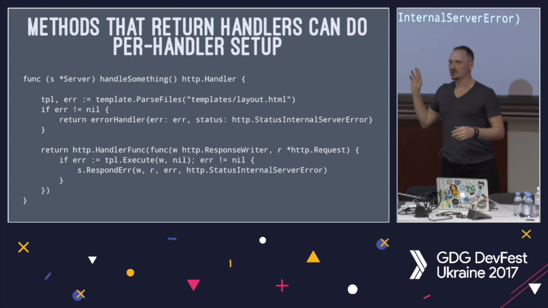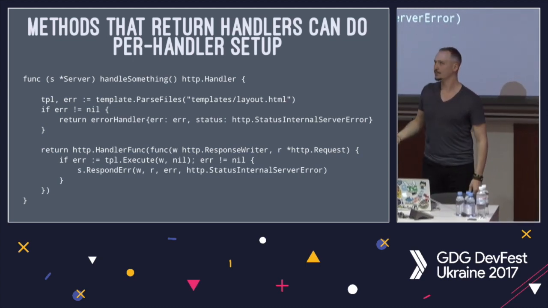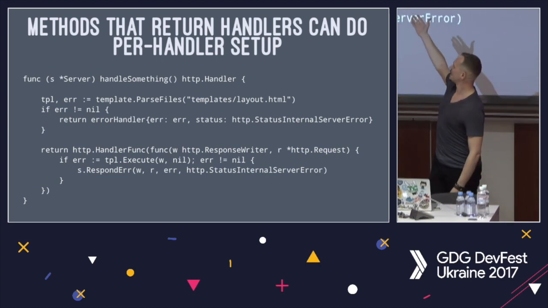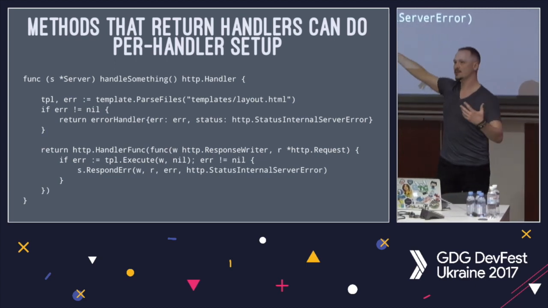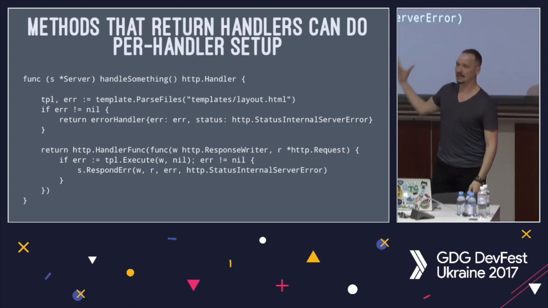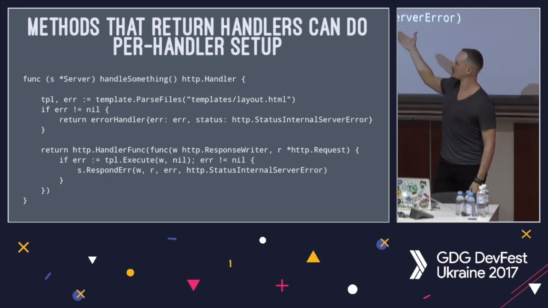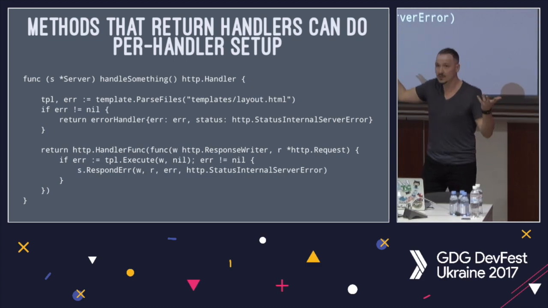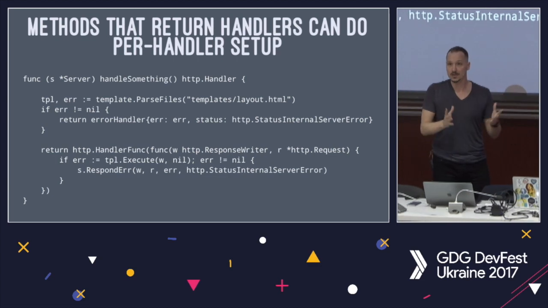This is what I always do, actually. I make it so that it's actually a function that returns a handler. And that allows you to do some kind of per handler setup. So in this case, I'm parsing some files in a template there, and then just because of closures, I can just use that template in the handler that gets returned. This is nice because everything's in one place. It's one function that builds the dependencies it needs, and that could be doing anything. And it could even be doing expensive things, because this only gets called the first time the instance starts up.